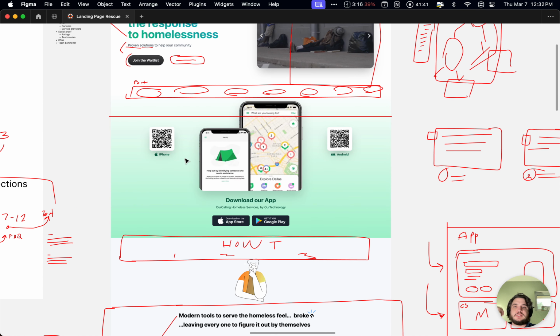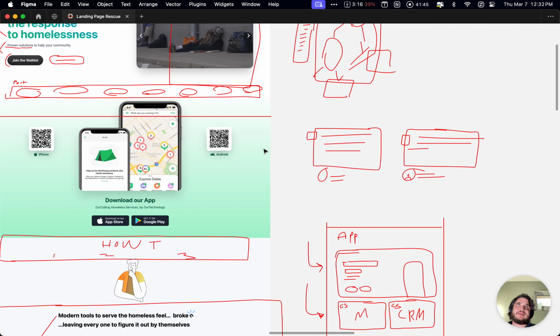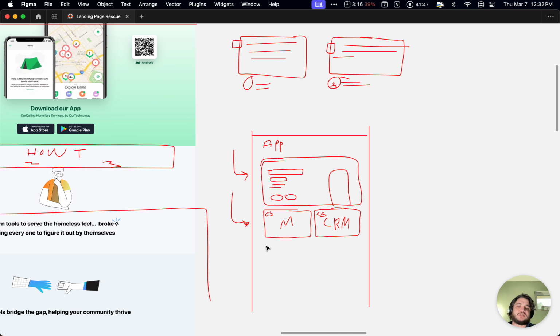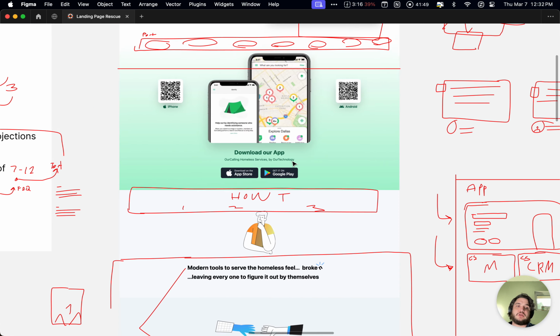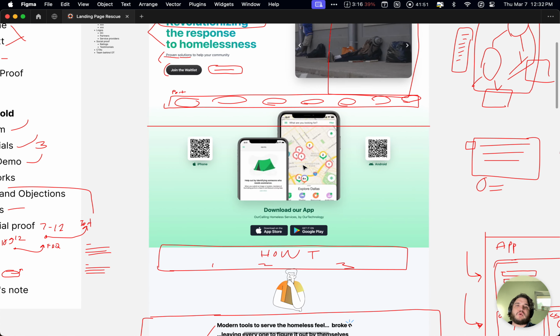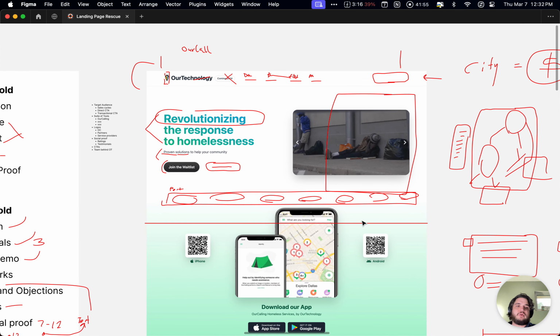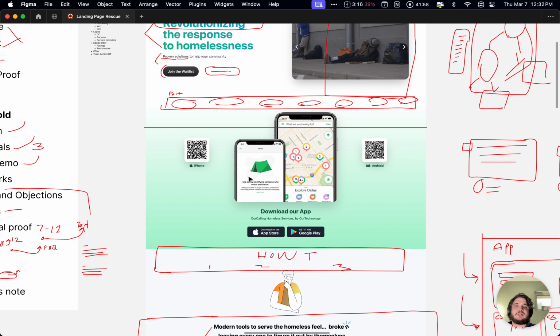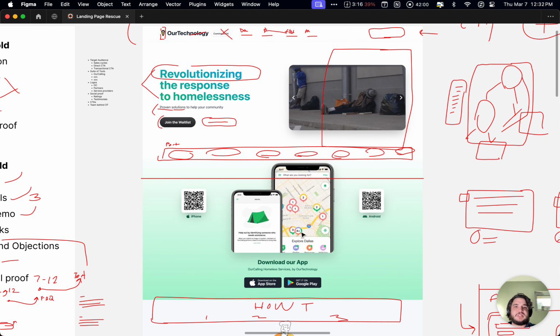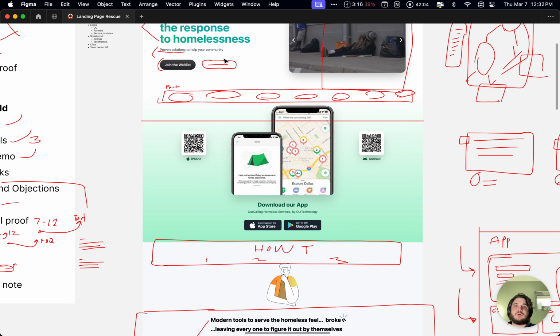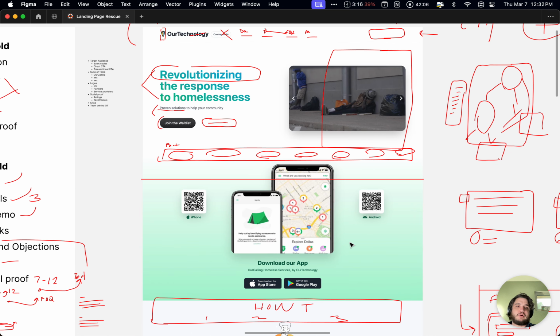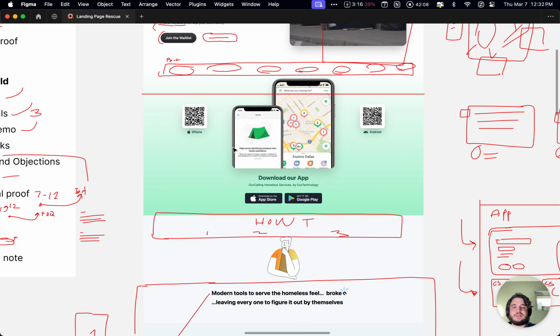I did mention this. In the way that I was talking about how to present your applications or your suite of apps, right now, when I see this, I have no clue what our technology is, what this app is called, how they're associated. So I think this is our technology. Download our app. So this needs to be rearranged and